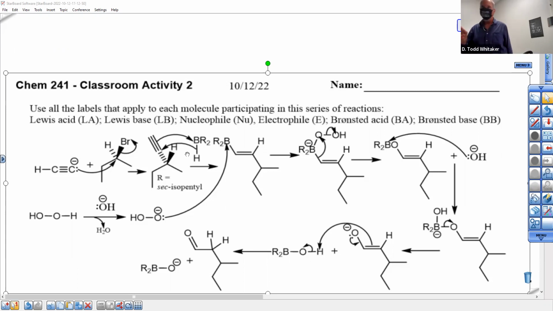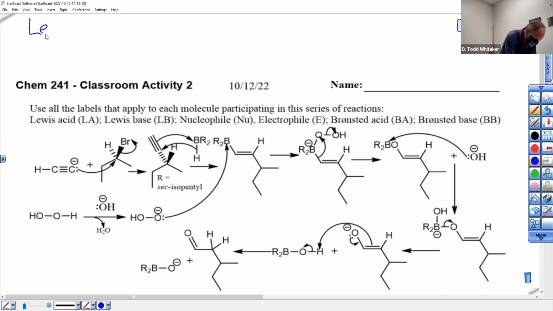There's 6 of them. Every reactant has a minimum of 2 labels on this question when you see it on the test. Every time a molecule reacts with another molecule, at least 2 labels, potentially 3. Okay? The labels being Lewis acid,